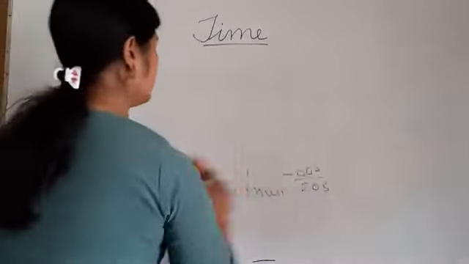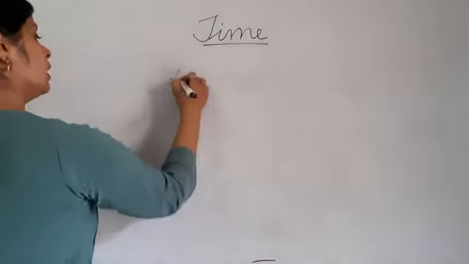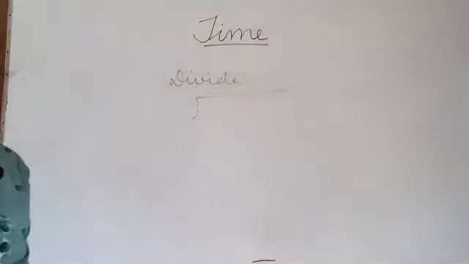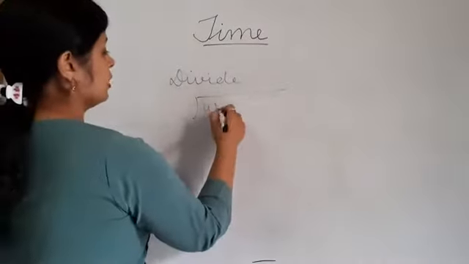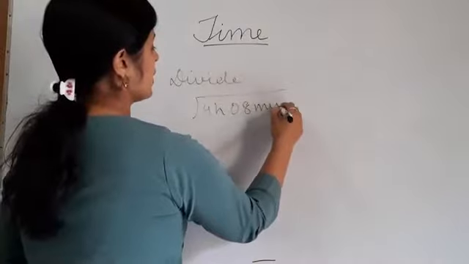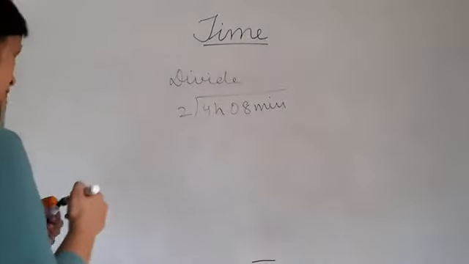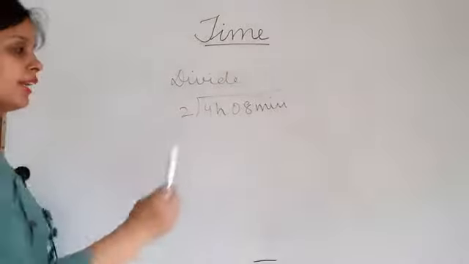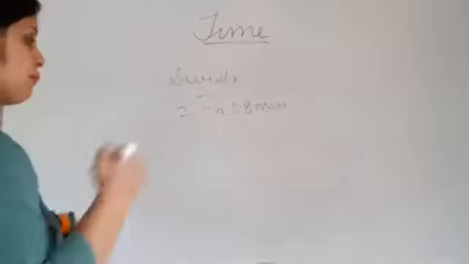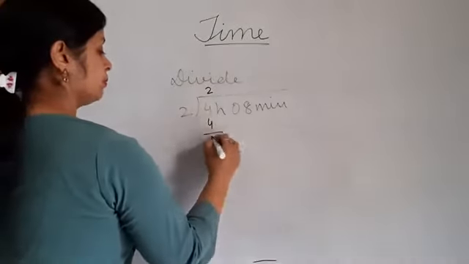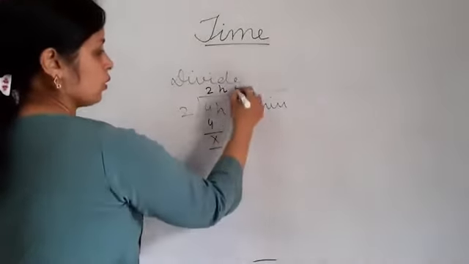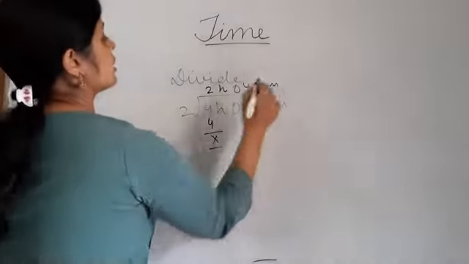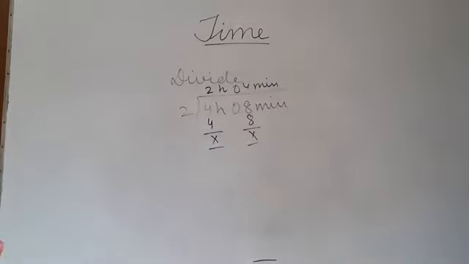After this, I'll explain division, when we divide time. Same method. Suppose we are given 4 hours 08 minutes to be divided by 2. We'll again take it as two different sums, meaning hours are divided by 2 separately and minutes are divided by 2 separately. 2 2s are 4, so 2 hours. Now 2 4s are 8, so 4 minutes. So the answer is 2 hours and 4 minutes.